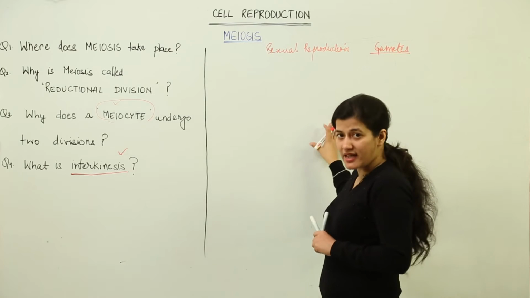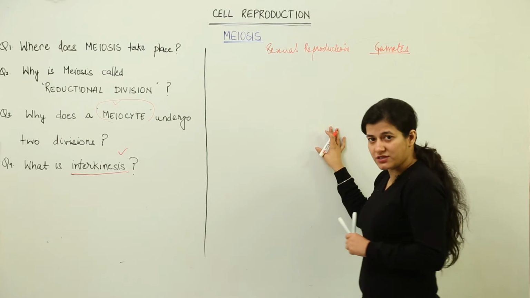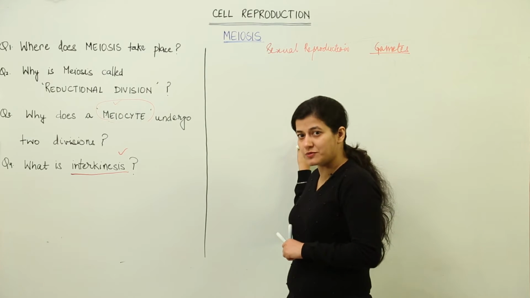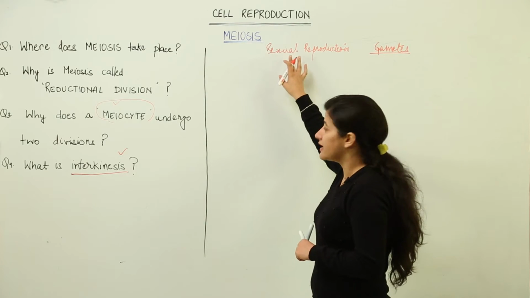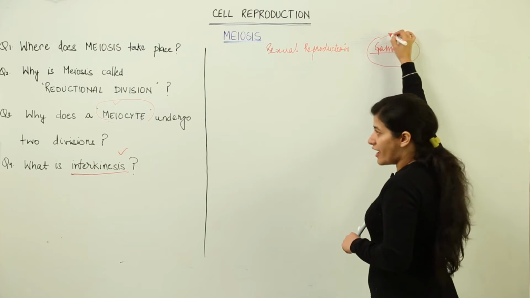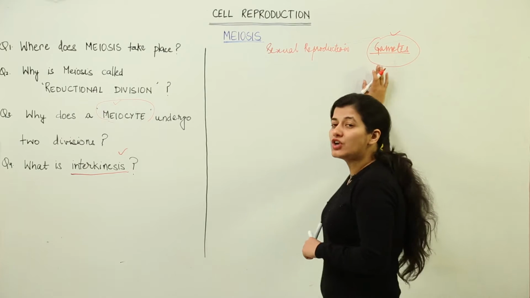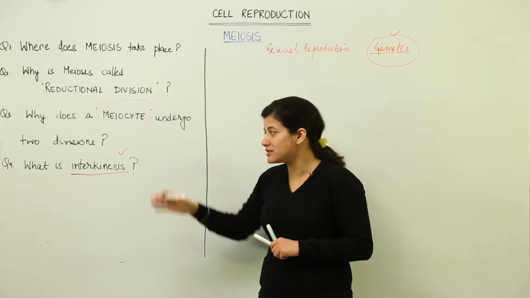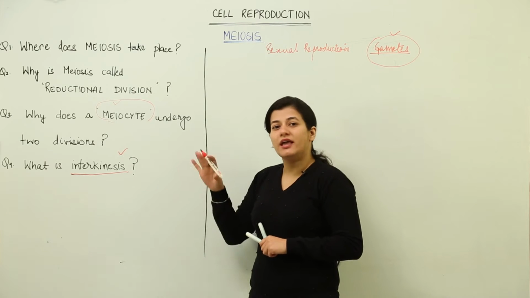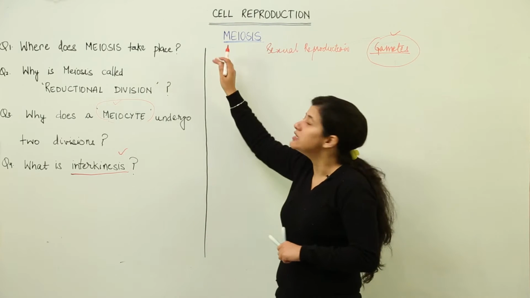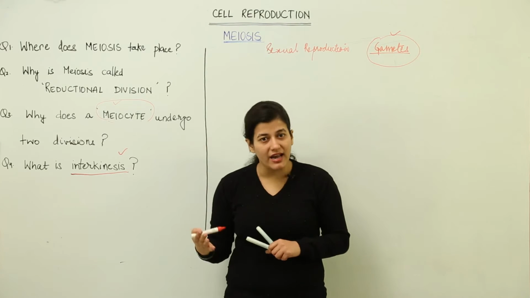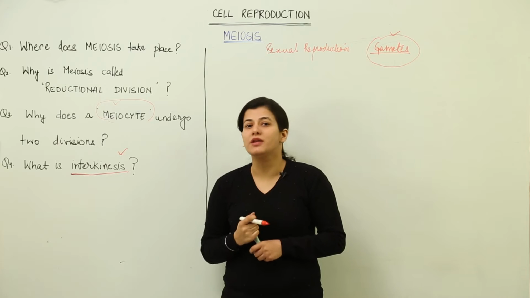So gametes are the cells which unite and fertilize and then give rise to a new cell which would be considered an offspring precursor. So basically sexual reproduction is going to take place through gametes, and the cells which undergo gametogenesis would be termed meiocytes. Now what is gametogenesis? Gametogenesis is nothing else but meiosis. Two successive divisions which take place inside a cell and reduce its chromosome number to half.